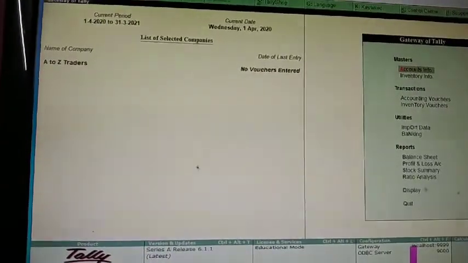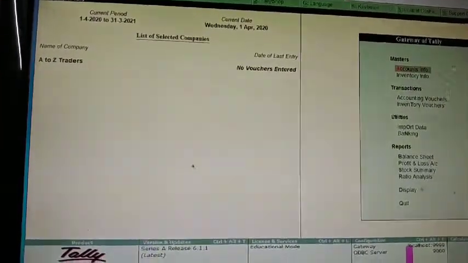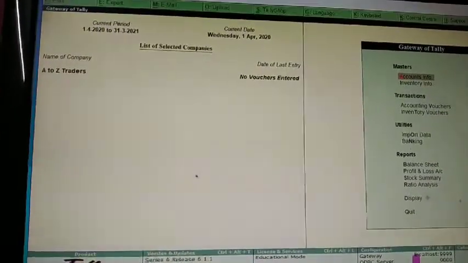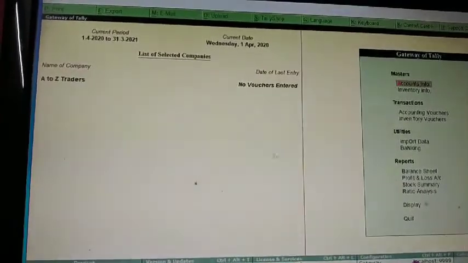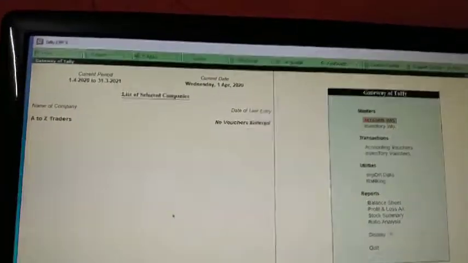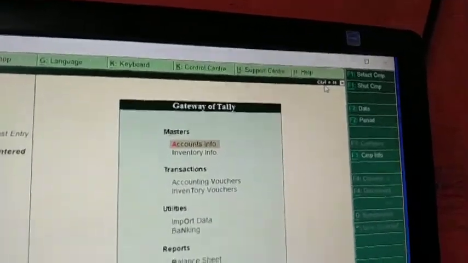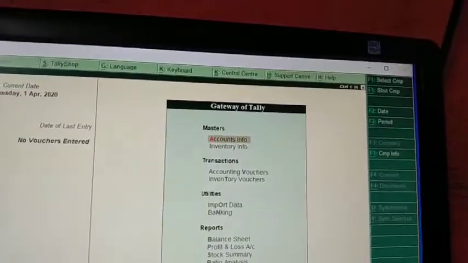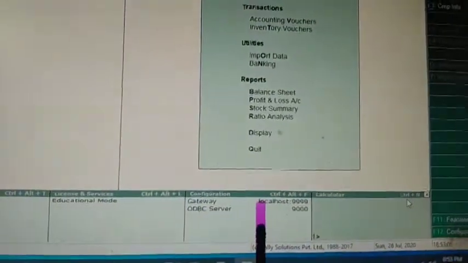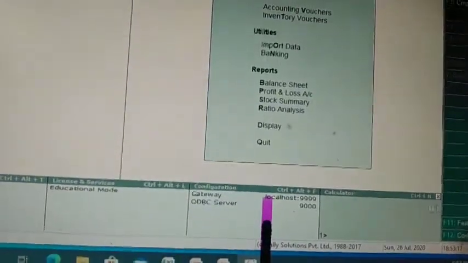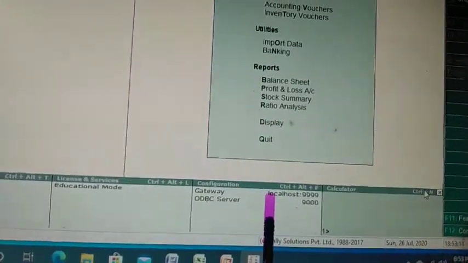Now you understood how to create a company. Now let's understand, after creation of a company, the parts of the screen. Here the part of the screen activated is Control M, and if you have to skip to some other part of a company, you have to click the buttons over here. If you have to go for the calculator part, that is shown there, Control N.